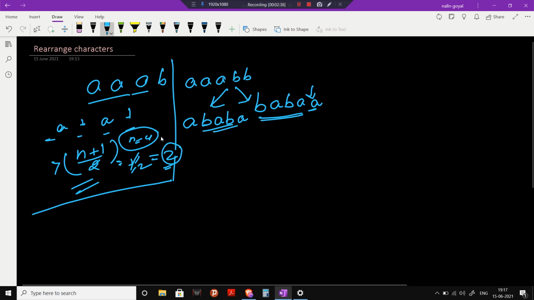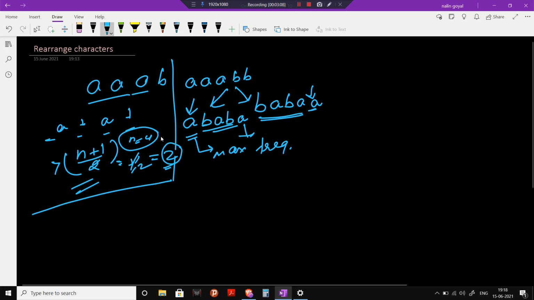So what we can observe from this is that we always have to start from the character which has the maximum frequency. This was the observation that you need to solve this question, and the most important observation, as I have explained, is that we will start from the most frequent character at the 0th position, or the 0th index.